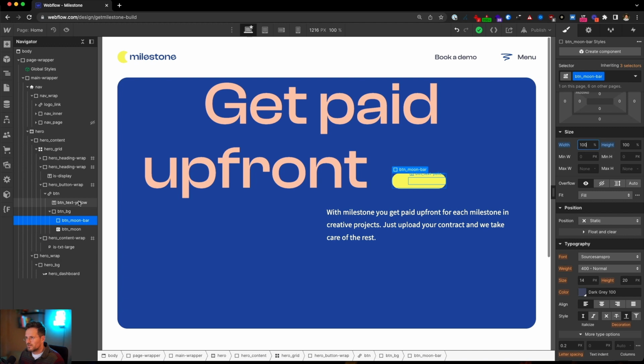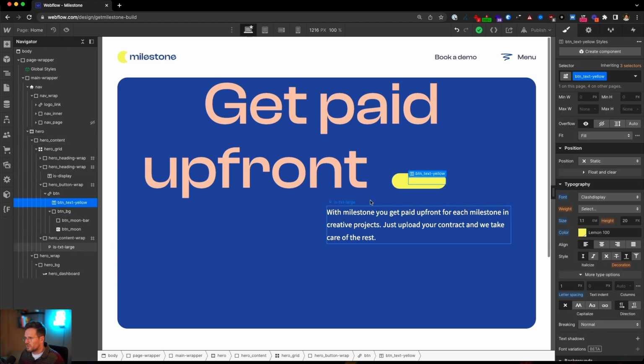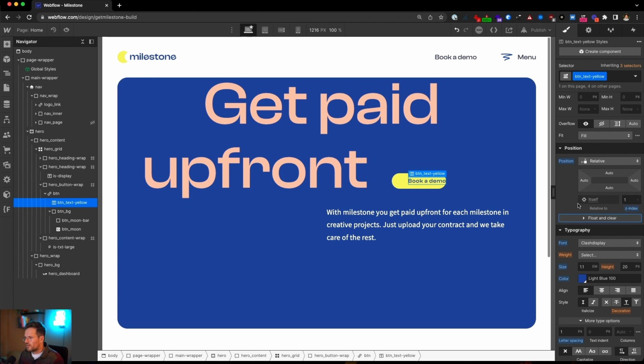You can see the text is now invisible because it's yellow. If I'm going to turn it blue, it's still hidden. It's because we have to give it position relative and a z-index of 1. Now it's visible, okay.